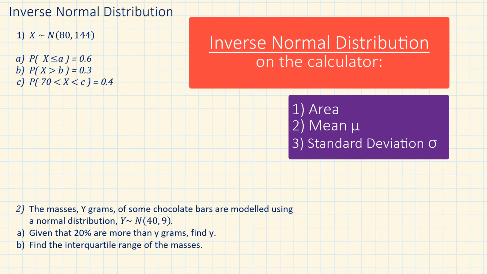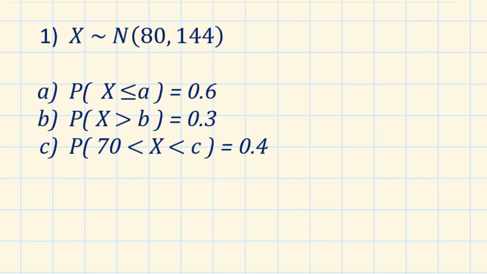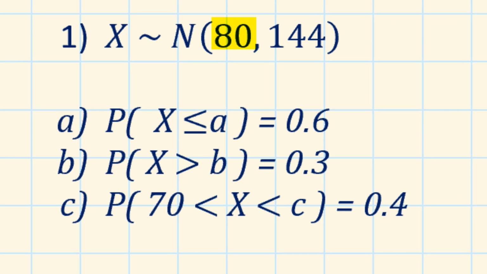For this, we need to know the area, mean, and standard deviation. In this video, we will do a demonstration with both of the recommended calculators. Example 1. X is normally distributed with mean 80 and variance 144. For part A, we need to find the value of A, which will give an area under the graph equal